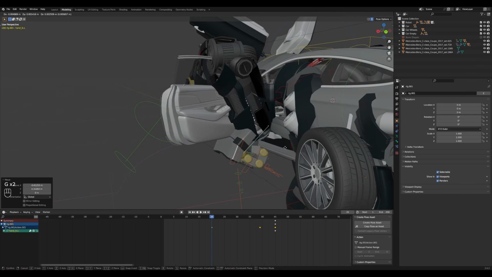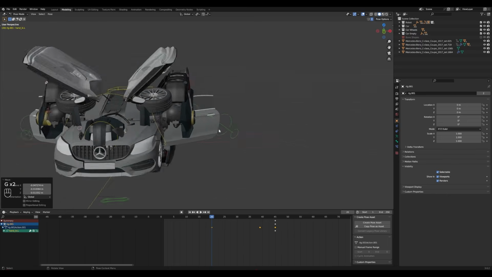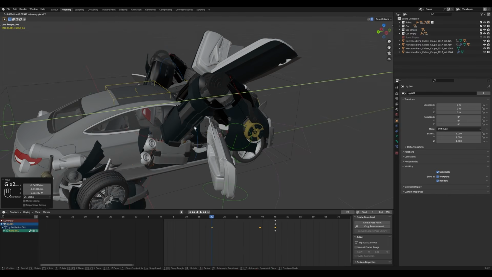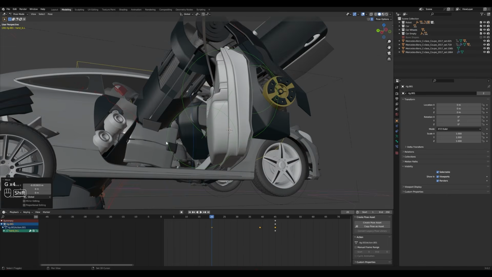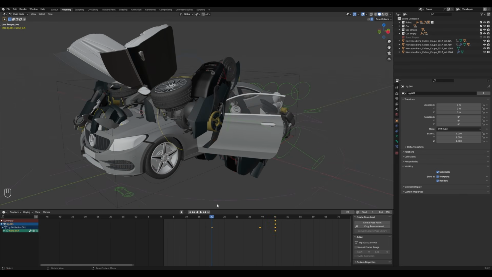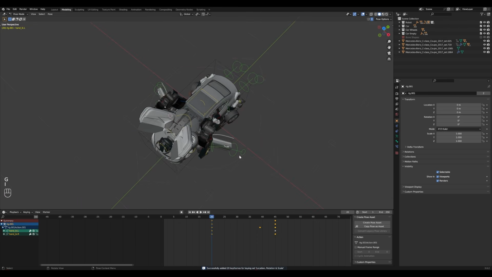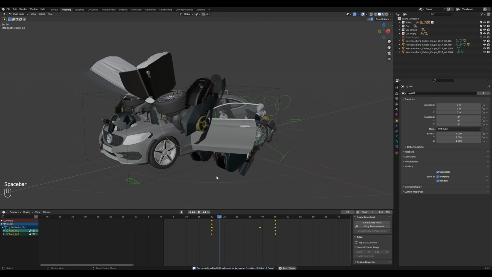So here you can see I'm trying to move his hands under the car doors. And also don't forget to add the keyframes as well.